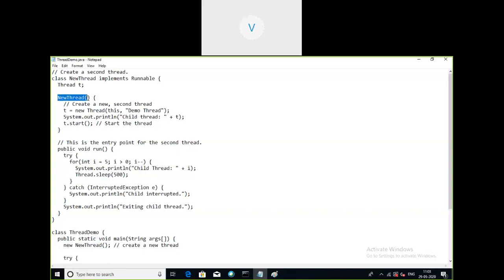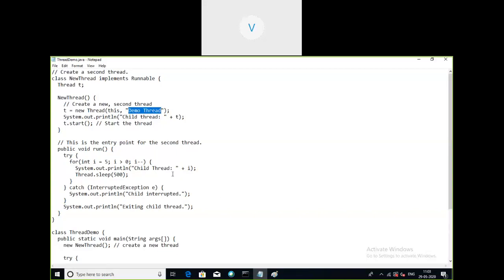This is the constructor of the child thread, so this new thread is being created. This statement creates a pointer to the current thread by giving it a name called Demo Thread.